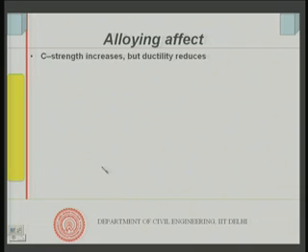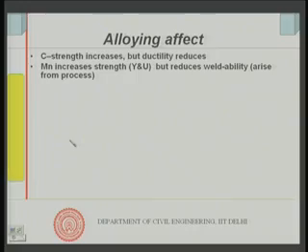What we have seen so far, carbon increases strength, but ductility reduces. But in steel, while you are producing, there are several other elements which come through the process. Of course, we do not add them, but they come through the process, and we control their percentages. Specification of the steels will say this much should not be more than this, or the range of the percentage of this material that should be there is actually specified most of the time in the codes. So, for example, manganese arises from the process and it increases the strength, both yield and ultimate strength, but reduces the weldability. So, therefore, its percentage again is restricted in the relevant code.